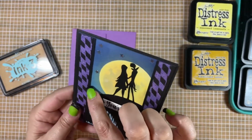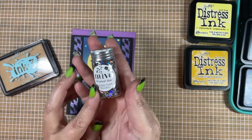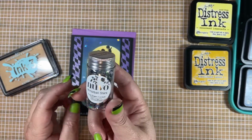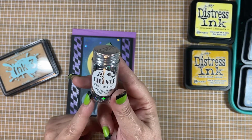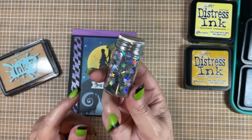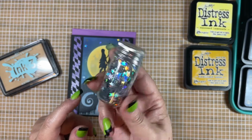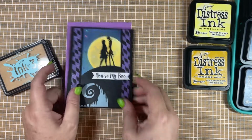And then I also glued into place some holographic stars, and those are from Nuvo, and they're called Mirror Ball Stars. I always struggle with that word. But they're really nice holographic stars. They don't have holes in the middle or anything. And then the sentiment here